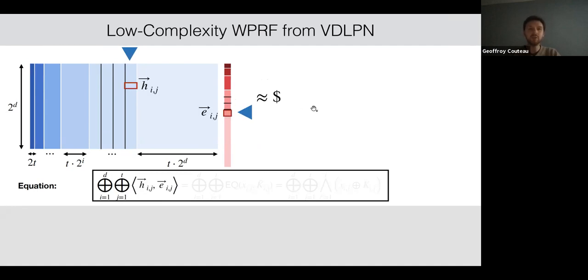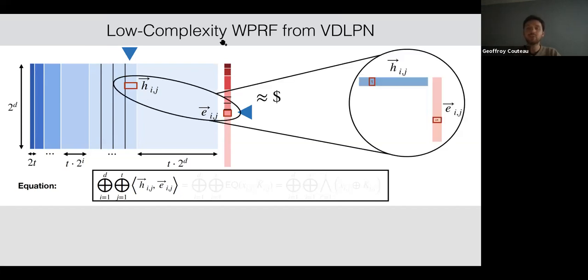And if we zoom in, what happens when we multiply here, say one subblock, let me call this vector H_ij, and we do the inner product with the corresponding subblock here, E_ij. If we zoom in, as I told you, each of those is a unit vector, because this is T unit vectors each time. And the inner product between two unit vectors,